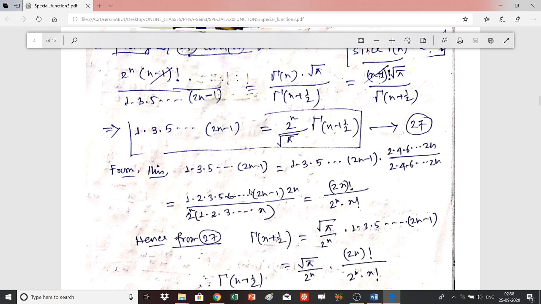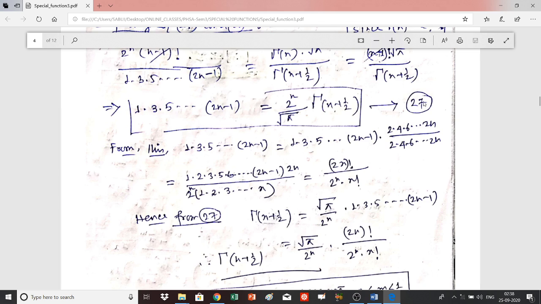So this will give you 2n factorial, and this will give you 2 to the n and n factorial. So hence, from equation number 27, you can write the right hand side, that means gamma n plus half, that is equal to 2 to the power n, and so just compute this. From this relation you can easily write gamma n plus 1 is equal to square root pi by 2 to the power n and 1, 3, 5, up to 2n minus 1, and from that gamma n plus